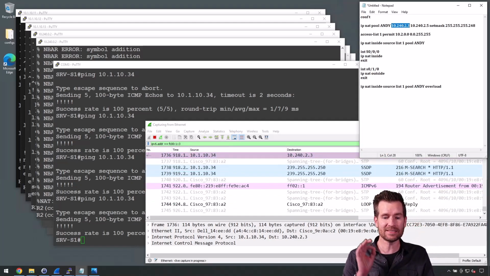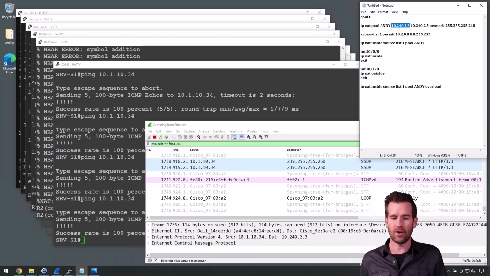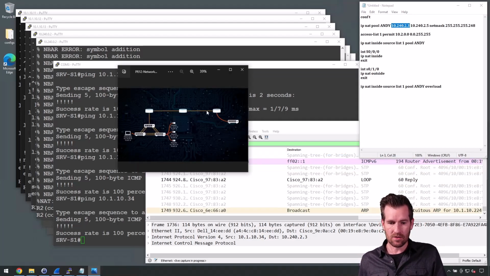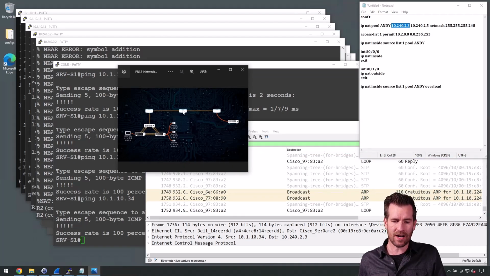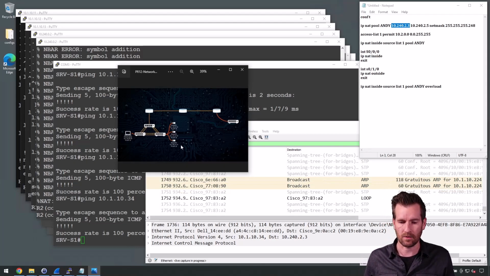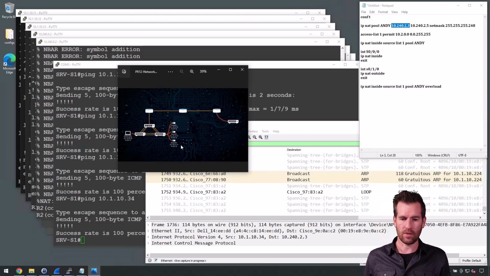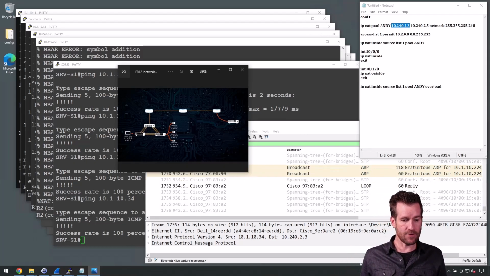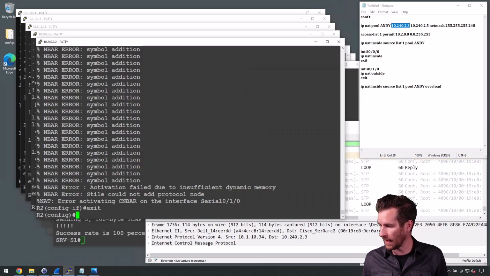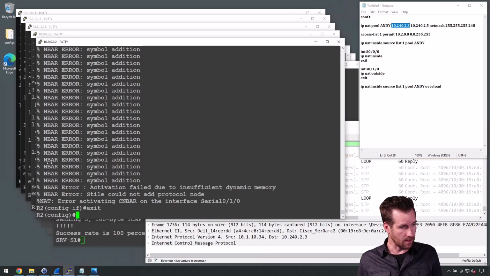So we have now successfully translated. This switch right here is going to this router, being translated at the router, and then being sent into this network right here. So we are good to go there. All right, a few things that we could do to check this out,